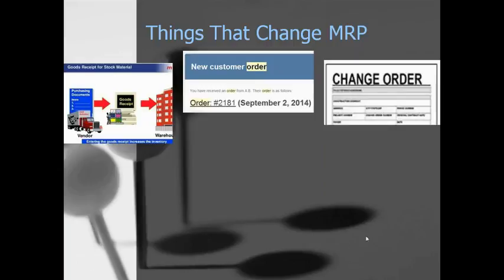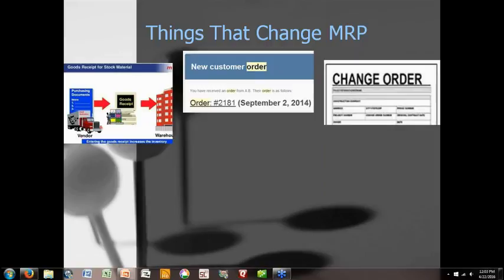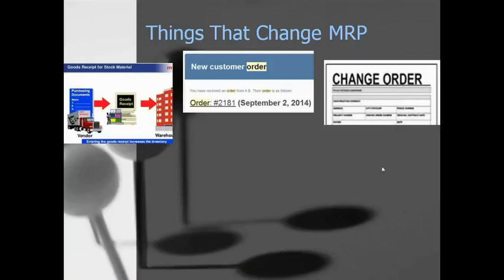The next thing, change orders. Now, we all know they happen. You get a customer that places an order. He wants 1,000 of this widget. He wants them delivered on June 1st. Everything is fine. You get the order, you put it into your system, you plan how you're going to meet that requirement, and then 2 weeks after the customer placed the order, they come back and give you a change